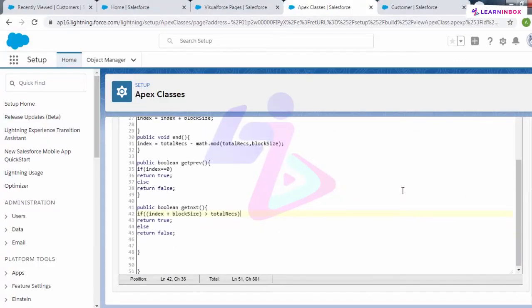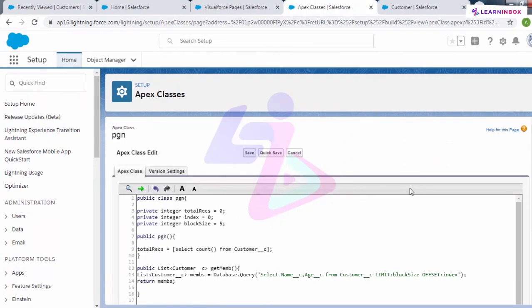So basically what we have done, we have defined all the logic in our Apex class, and according to this logic we will display our Visualforce page. So let me save it. It got saved without any error.